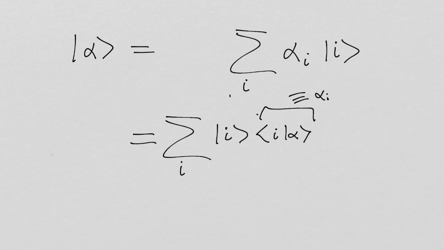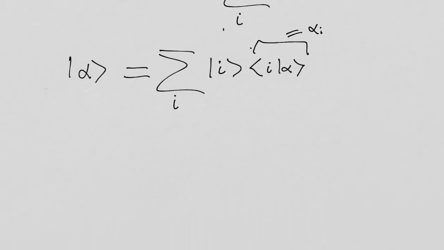So I guess it's not quite that strong. But the point is this makes perfect sense. That's a complex number. That's a vector in the vector space. That's a ket. You can multiply kets by complex numbers all day long. So now that I know that alpha equals this, the beautiful thing about the Dirac formalism is that it's totally